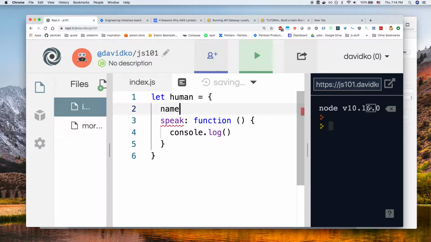So he had a name property. It's John, and then this is going to console log